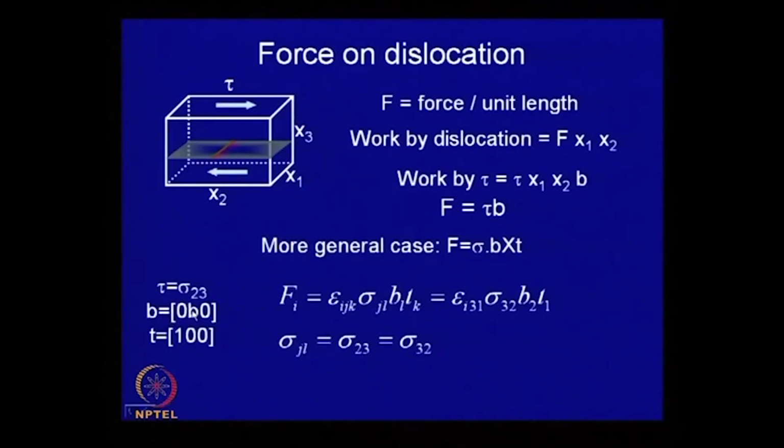In this case only the B 2 component is non-zero, B 2 which is equal to B. So l can have value only 2. Similarly, the suffix for T can be only 1, because T 2 and T 3 are both 0. So most of these are fixed, this is 1, this is 2. Therefore this component l is 2, we write 2 here. Let us see what can be the value of